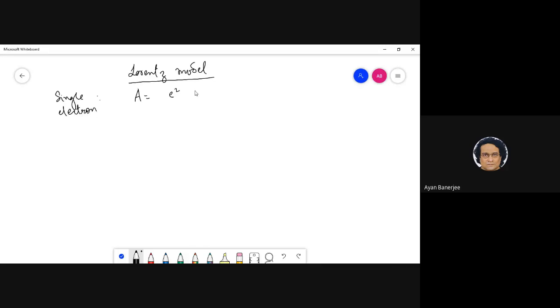My a was e square by m divided by omega 0 square minus omega square whole square plus gamma square omega square, and my phi was tan inverse of gamma omega by omega 0 square minus omega square. So my question to you had been, if you just plot these